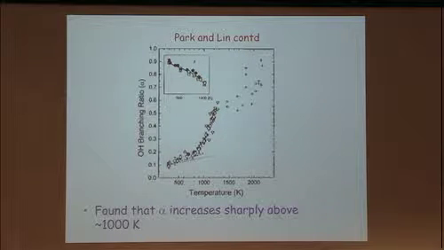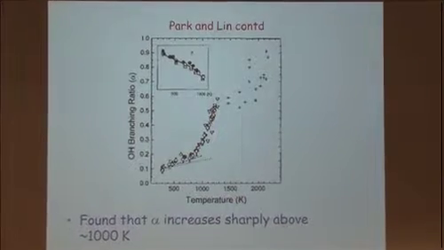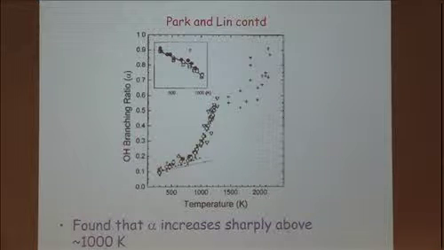And what they found was that alpha increases very sharply above 1,000 K, and much more sharply than Miller in his simulations would have predicted. And so this was a surprise,